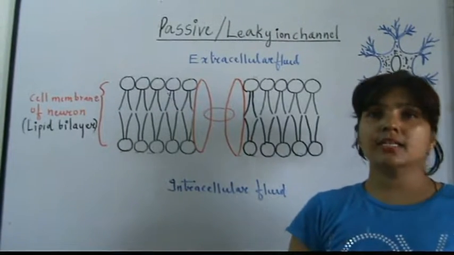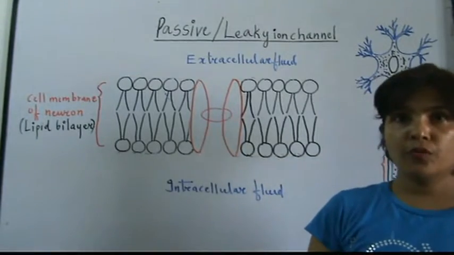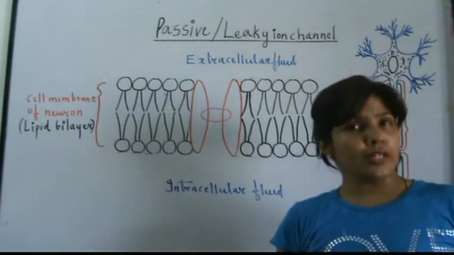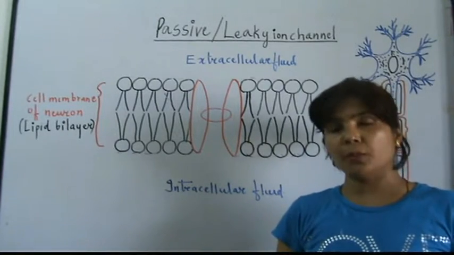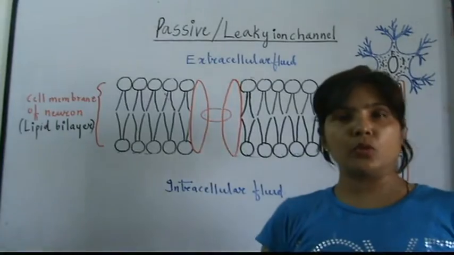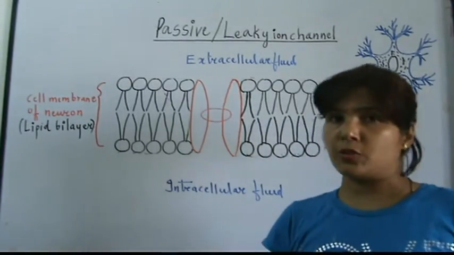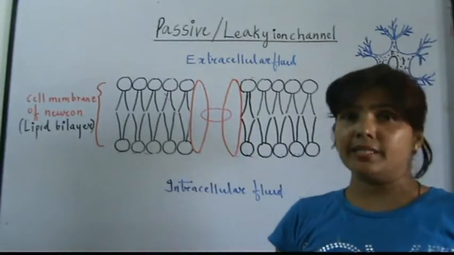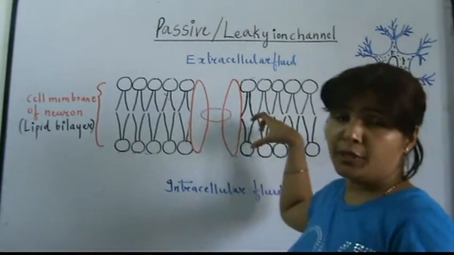Hello friends, this is the continuation of episode 2 where we are talking about the ion channels in the cell membrane. I have already spoken about the sodium potassium pump, which you can go back to the video, the beginning of the episode 2 and watch that and then come back to this. Okay, this is the second ion channel which is again embedded in the cell membrane of the neuron.